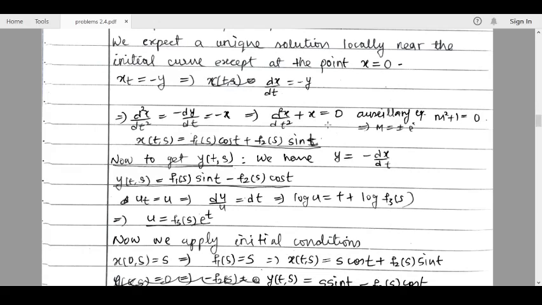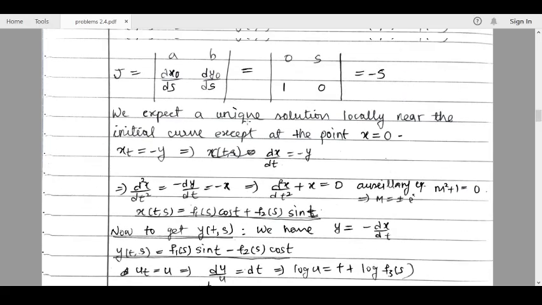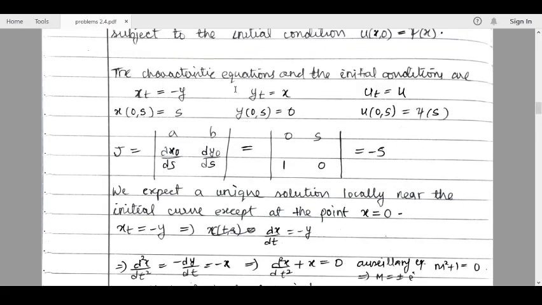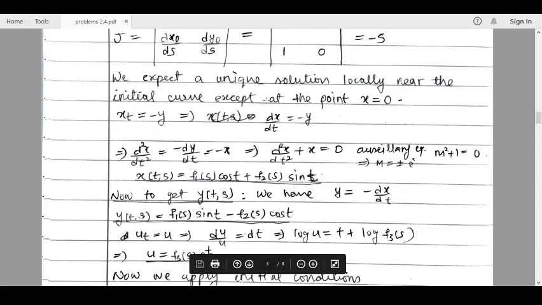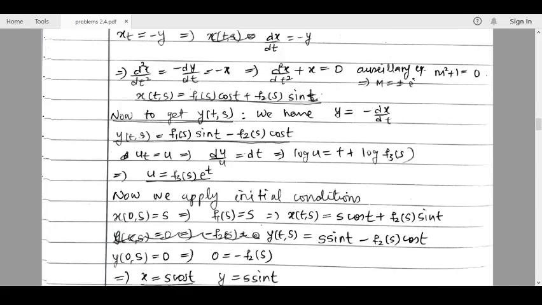Now we can see that it is a second order homogeneous differential equation, and it is very easy to solve. Okay, so we have combined here the first and second characteristic equations. These two we have incorporated in this equation, so this equation has the effect of these two ODEs. Okay, so we know how to solve this. This is a very easy equation. We know the auxiliary equation is m square plus 1 equal to 0, so m equal to plus or minus i.